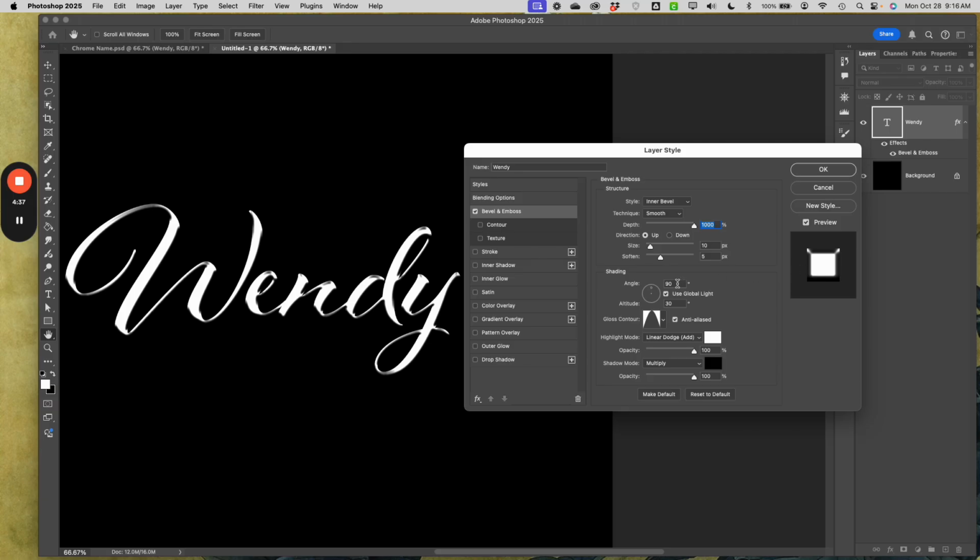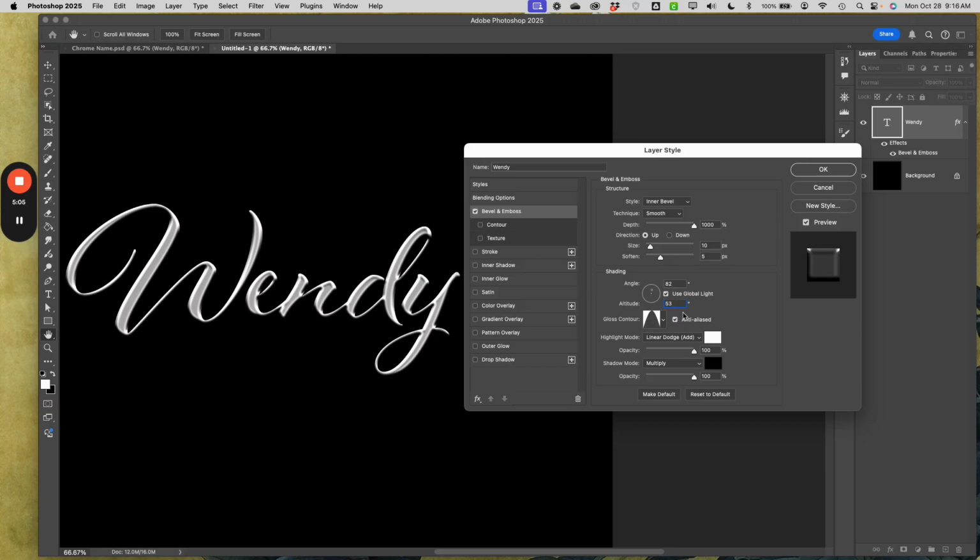Alright, when I come down to the angle, the angle is being picked up by this little icon, this little circle here, you can see, right? So as I move this, you can see that it's changing where it is. So I think that maybe about 82, and I have 82 here. Let's do like 53 here. Alright, so you can see that when I've done this, I have my sides here and I have the highlights